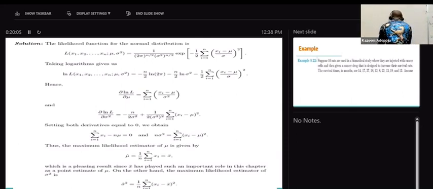Okay, if x follows normal, f of x is 1 over square root of 2 pi sigma squared, exponential raised to power minus x minus mu over sigma all squared. This is the distribution. Now, if I want to estimate the mu and sigma squared using the method of maximum likelihood, then I need to get the likelihood function for this. The likelihood function subject to this is just going to be products, the